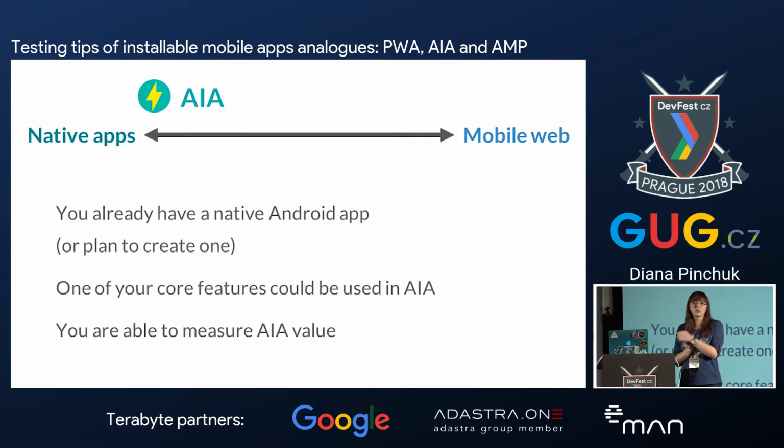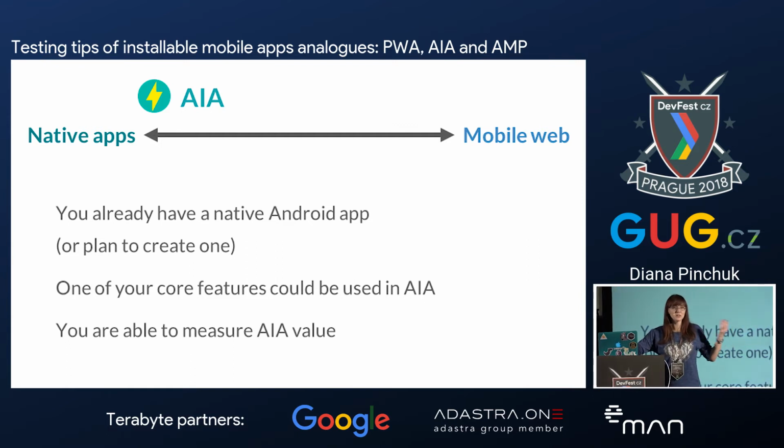Thankfully, Android Instant Apps support payments, contacts, camera, and so on. But if you rely a lot on push notifications, for example, probably it's not the best feature for you right now. And it's very good to use it only if you can measure its value. For example, last year at DevFest Ukraine, we had a talk from Yulia Kaleda. She's from JetCom, and she said that after implementation of Android Instant App, their conversion increased by 23%, which means a possible increase in revenue. It's a very high number, but it's very good if you can actually measure it.